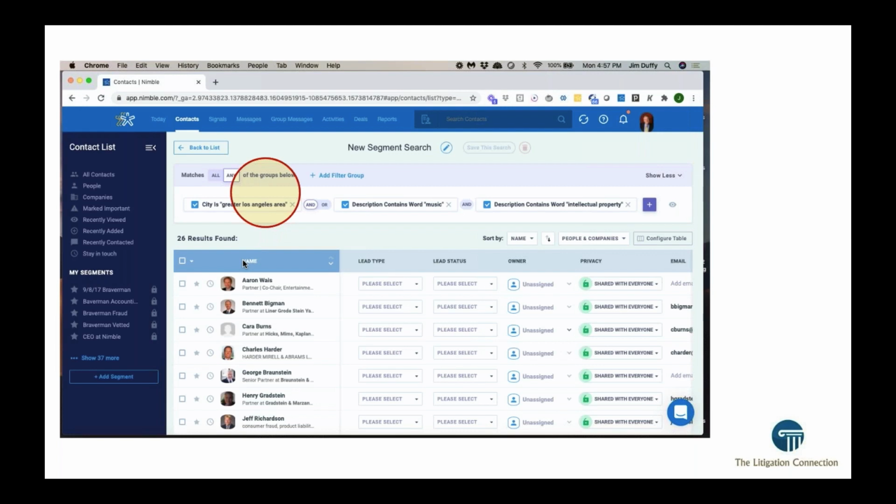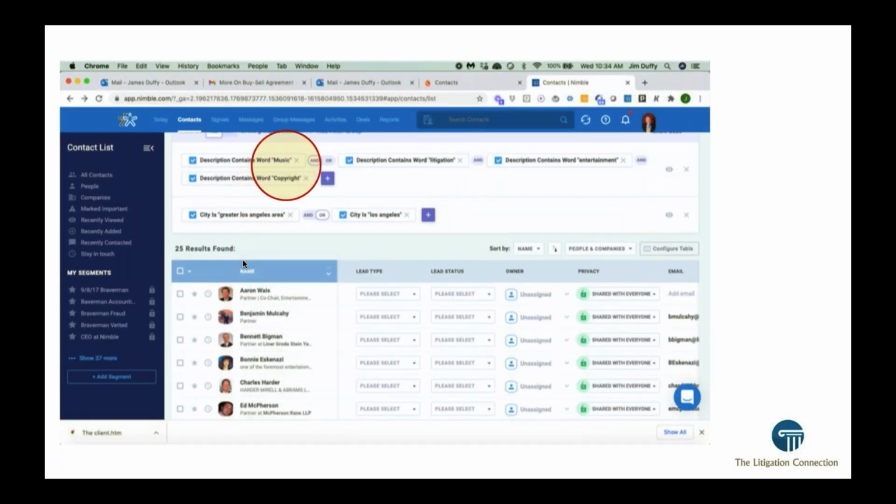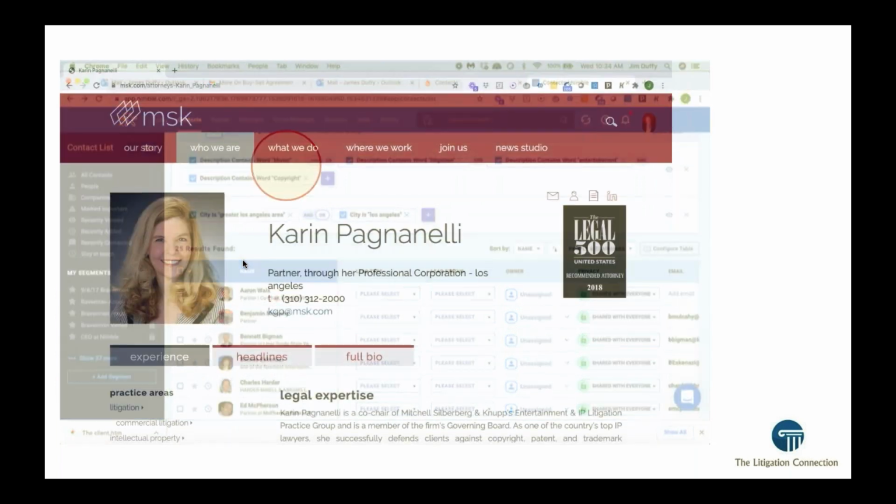I think at the top of the hour, there were some folks that were M&A experts and some of them were bankruptcy experts. It doesn't matter what your expertise is. It's just a matter of identifying who truly is your customer and then essentially using these search terms in LinkedIn to find them and then going directly to their websites to gather more information. So again, this is just a little bit more drilling down.